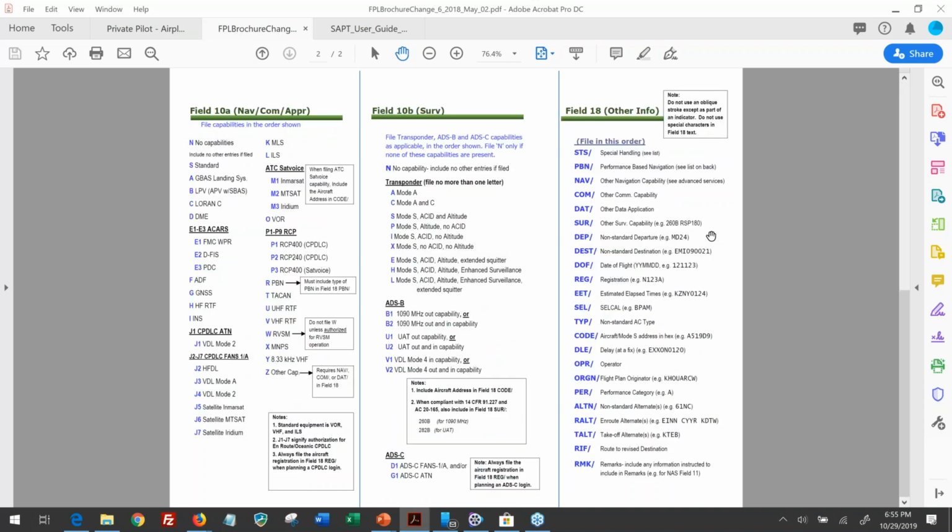Okay, so first we're going to look at field 10A of the International Flight Plan form. If you have a copy of that, you can pull up and read along, but we're just going to go through the codes here. It'll make sense because the codes are labeled on the International Flight Plan form. But you can see that there's the S I was talking about, the standard. That means you have standard equipment, which is in the notes section, and I'm over on the far left of this pamphlet.